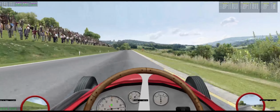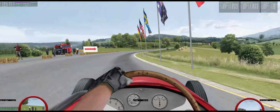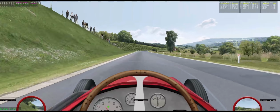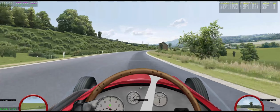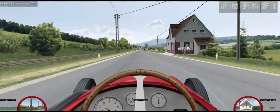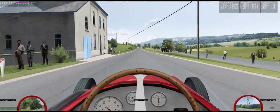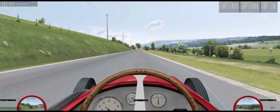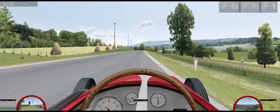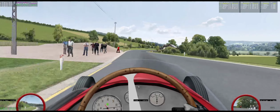Because if that didn't happen, I would probably think that Bremgarten would have had a similar crash, just because it was more of a street circuit. Same with Monaco, because as you saw in the last race, and also Spa too, there is no real protection for the people around the circuit and also for the drivers themselves. Because in Monaco, you could really mess up the chicane there and